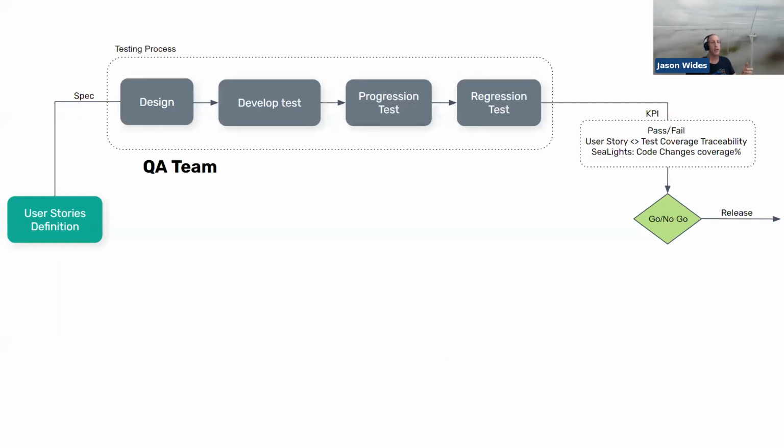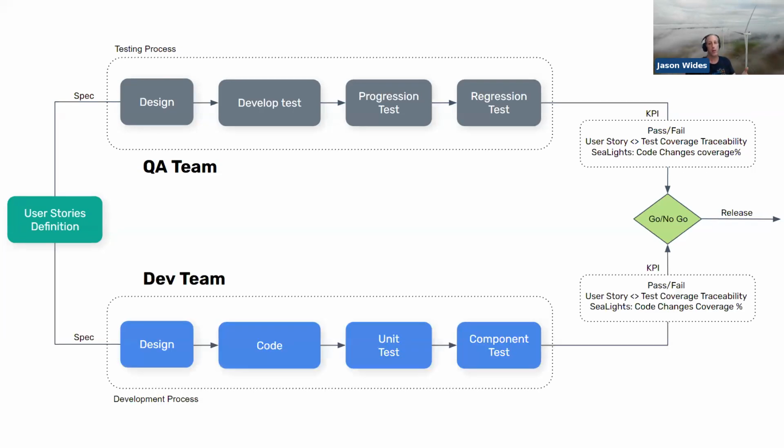On the other hand, you've got the QA team. They also receive the user story definition. They design and develop tests, have their progression tests and their regression tests, and they test those environments which the developers provided the code for, checking where the tests pass, fail, and so on. The question is,